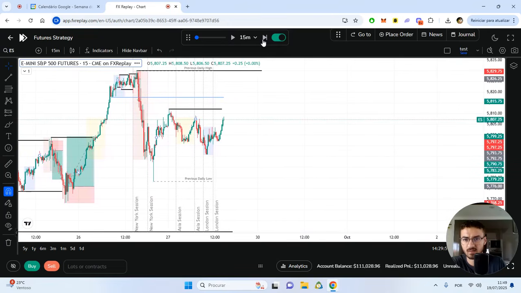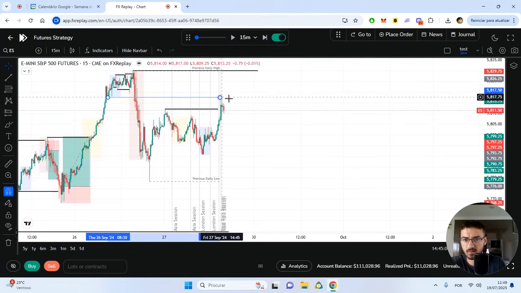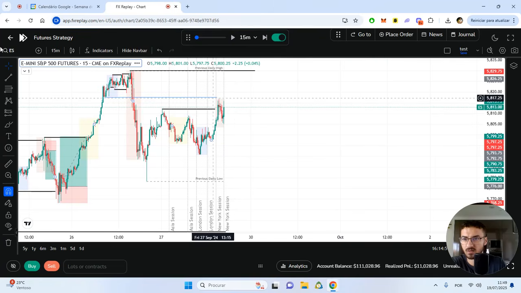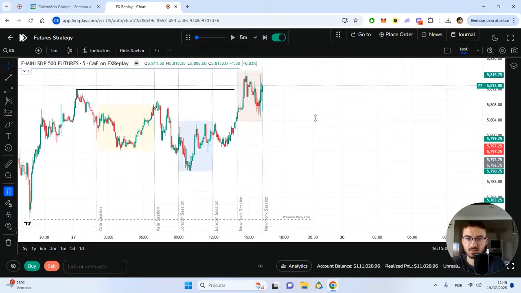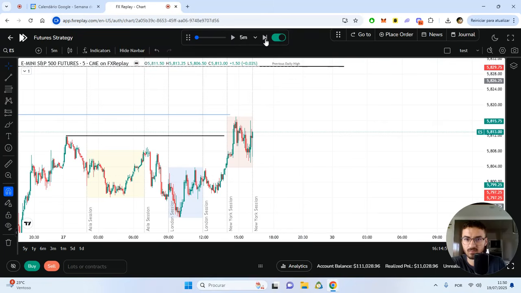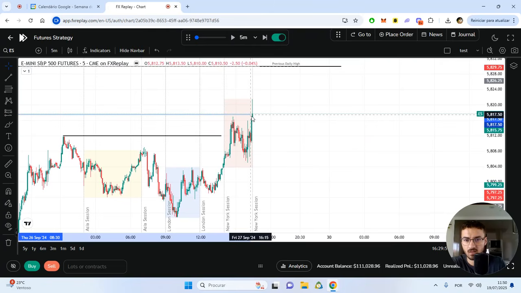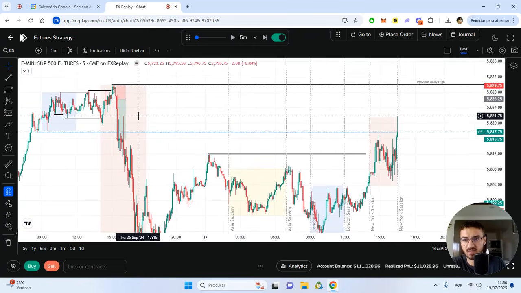Let's see what happens. Okay. Sweep of it. Oi, I clicked too much. There might be a short opportunity, but the way it's going, it's going to be a trap. This level is going to get taken. That's what I believe. And right now, because of the trap, a short might be possible, and it's testing this out.